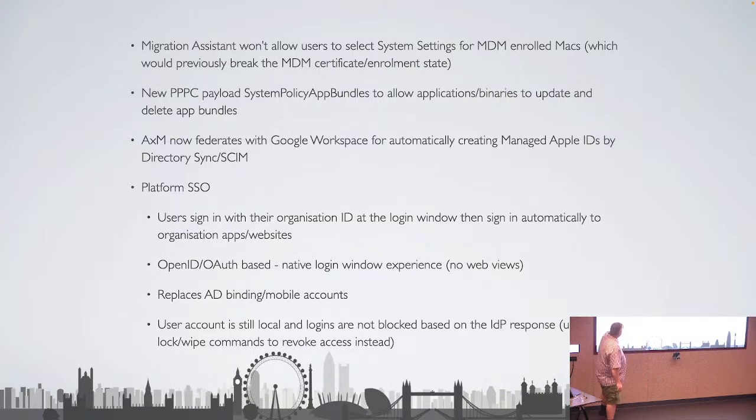So this last bit here though, Platform SSO. If you're using NoMAD and then moving on to things like Jamf Connect, you've had a login window replacement and you're authenticating towards an IDP. What Platform SSO will give us is an Apple native way of authenticating to an IDP. So all that weird changing of the login window, and this thing happened, and that thing happened, unexpected behavior, this is what it should fix. So the user can sign in with an organization ID, which is their IDP ID, at the login window,